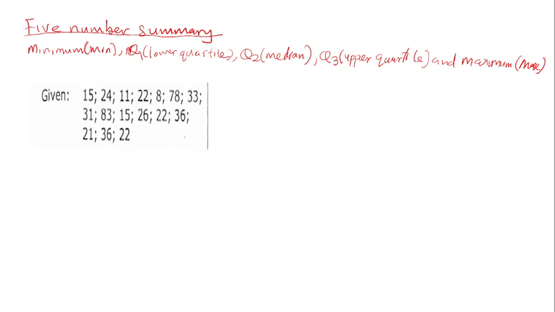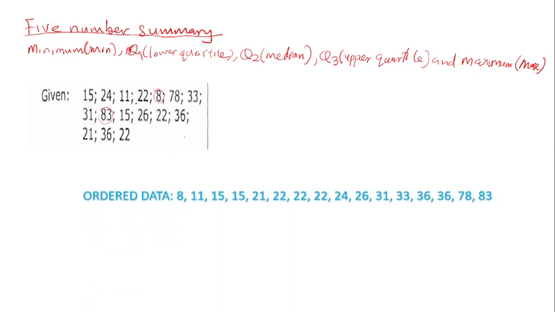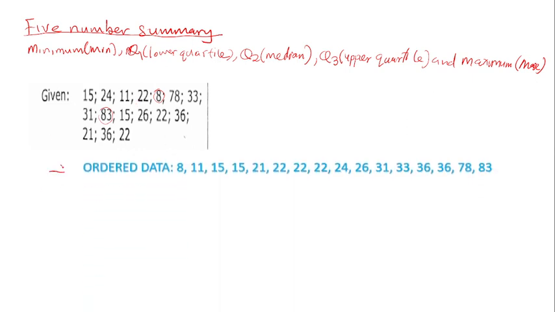So we must start with the smallest number here, which is 8, and end with the biggest number, which is 83, in that order. Now I've arranged my data as ordered data here. So the numbers are 16. We started with 8, 11, 15, 15, repeating itself, 21, 22, repeating itself as the most repeated number, which is the mode. We have 24, 26, 31, 33, 36,